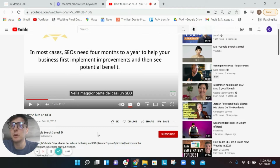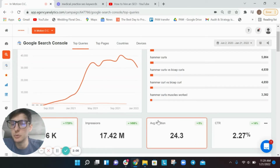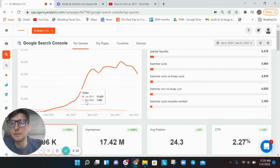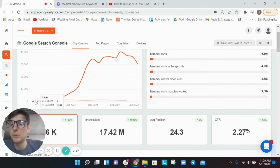Now, at the 6 to 9 month mark is when our clients start to see dramatic increases in SEO performance as a medical practice. So here's some real data from a medical practice. We started working with them in the middle of June of 2020. This is probably a little bit confusing. This is data directly from Google Search Console, and this shows the traffic to their website over time. We started working with them around June. At the 6 month mark, they were at about 7,000 organic visitors per month. They didn't even have Google Search Console set up at the beginning, but based on Google Analytics data, they averaged about 1,000 to 1,500 organic visitors per month before working with us. So 1,000, then around 6 months later 7,000, then 9 and 12 months later, 18,000, 29,000, 34,000 organic visitors from